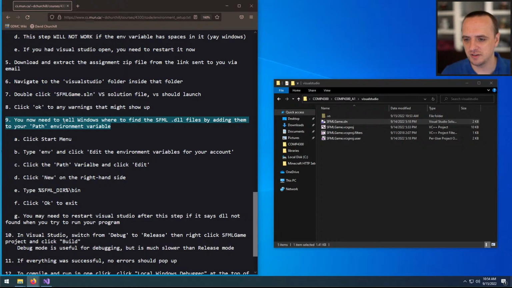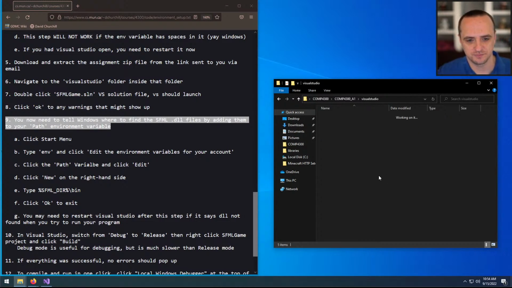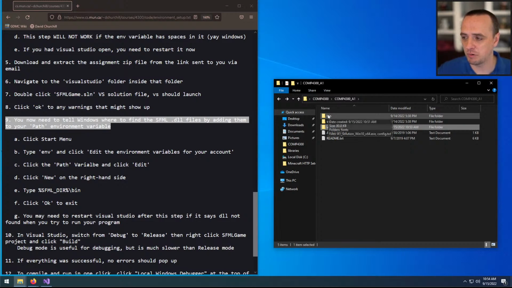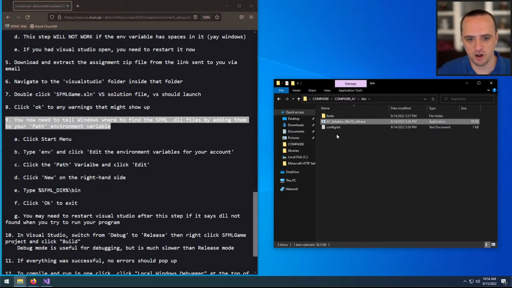You now need to tell Windows where to find the SFML DLL files by adding them to your path environment variable. So let me show you what this means. In order for SFML programs to work, Windows needs to know where the SFML DLLs are. So if I come in here, for example, and I try and run the solution executable that I gave you,